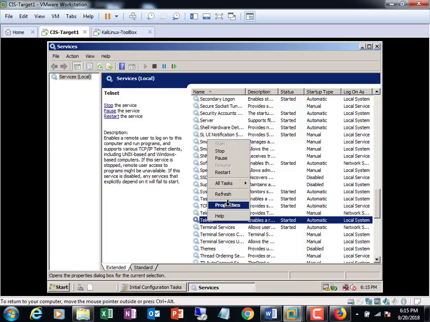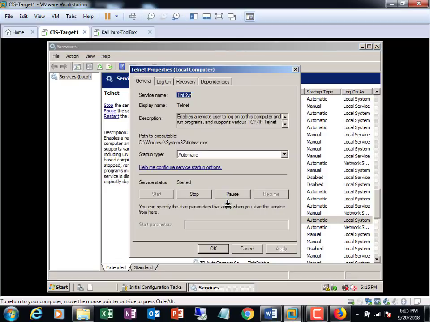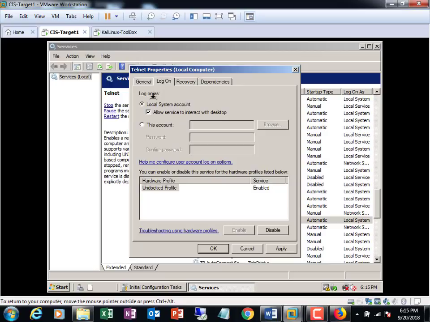It will not come up started. You've got to enable it. So you have to go to properties, and it will be disabled. You're going to have to make it automatic and then start the service. Now, on logon, it's going to have an account built in. It's going to look for a service account. What you want to do instead is use the local system account. Allow service to interact with desktop. Okay, so any system account should allow you to log into this bad boy. So when you apply all that,